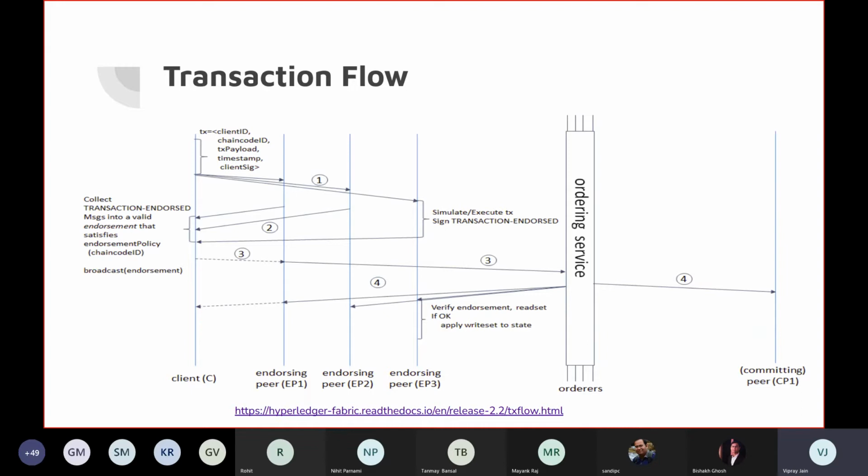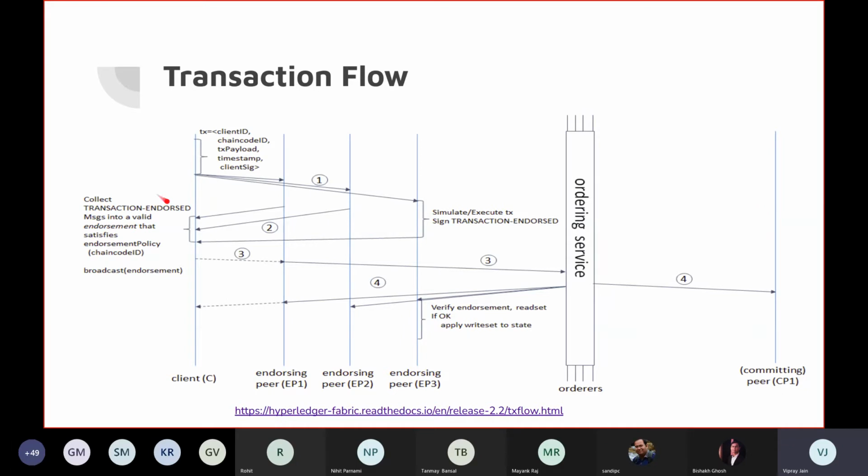And last, they authorize that the proposer has the right to propose a transaction on this channel on the Hyperledger. After all these checks, all three endorsing peers execute this transaction individually. After the execution, an output will come, and they will sign that output with their private key. After signing it, they will send the response back to the client.